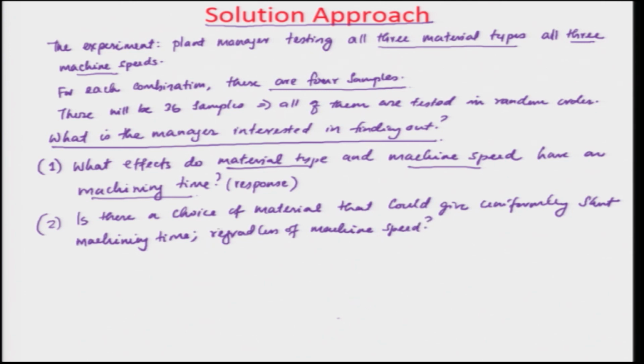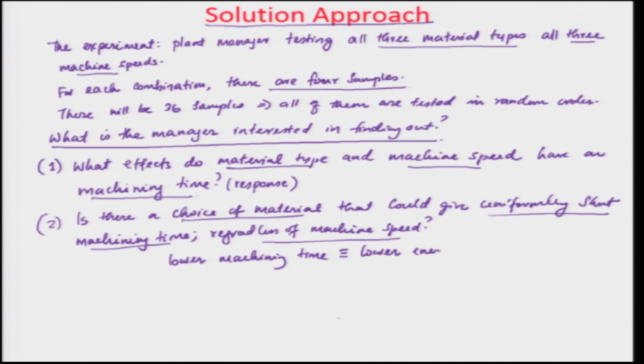He is trying to find out, is there a material that will uniformly give us short machining time regardless of machining speed. Why? Because lower machining time is equivalent to lower energy consumption. So, he might be interested in reducing the energy consumption. So, he wants a lower machining time. So, he is trying to find out which material might give him uniformly short machining time regardless of whatever be